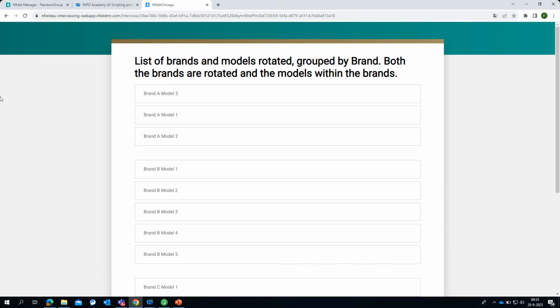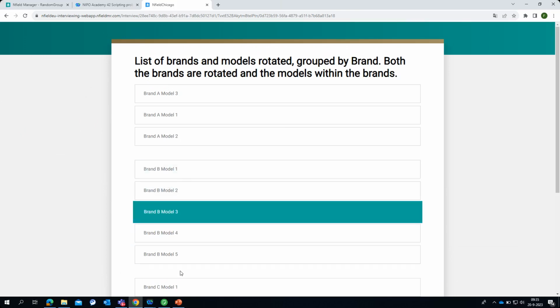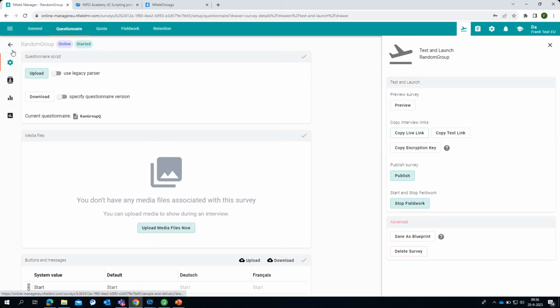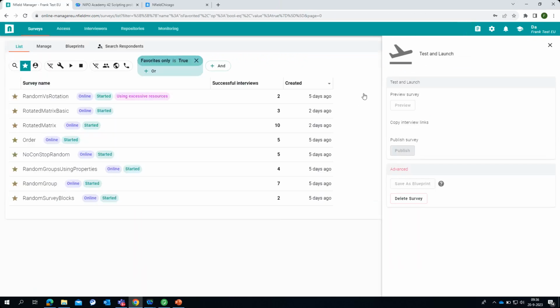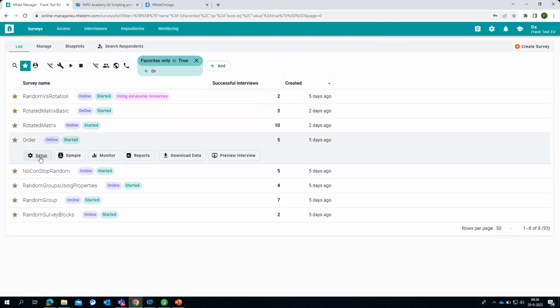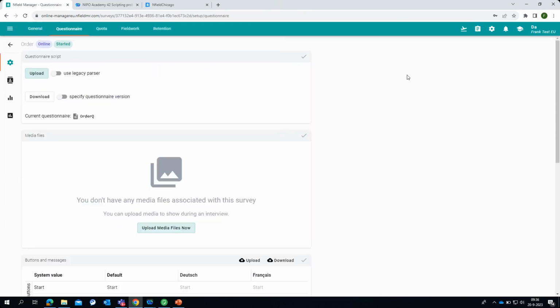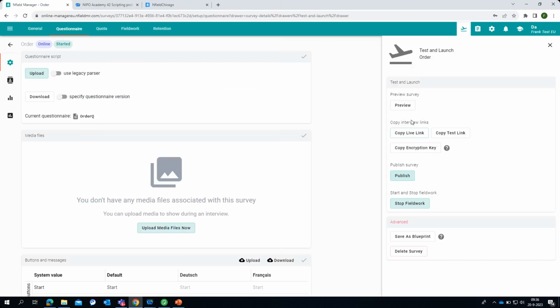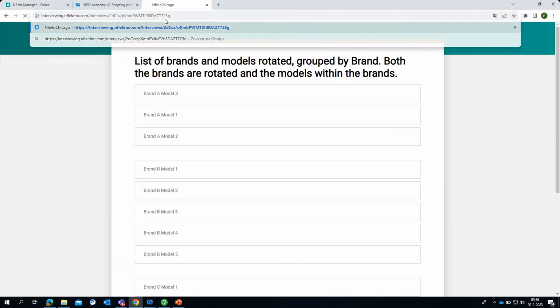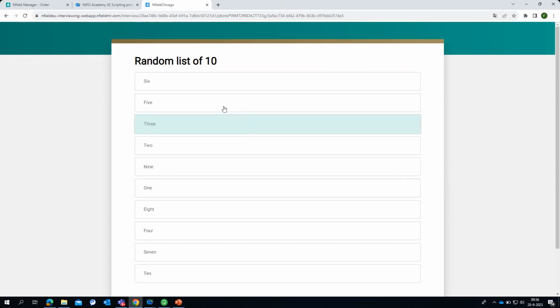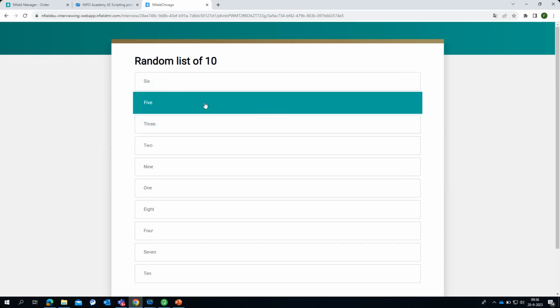So for the groups, let's take a look at the last option, and the last option we have is the order command. The order command is something you would use if you have a random list of 10 like this one. Let's take a good look at the first three, 653. And if I then want to say, I want to use this random order again,